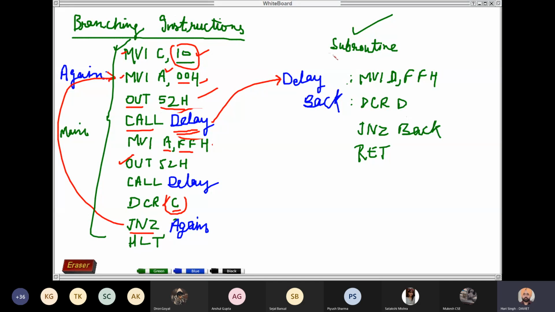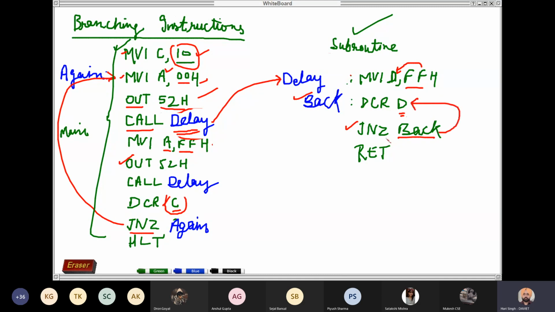In the delay subroutine, the first line is MVI D, FF, so FF will be placed in D. Then decrement D, it will be decremented by 1. Then jump if not 0: this instruction checks the latest value of register D. If it is not 0, the control will be transferred to the label back, that is, to this line.